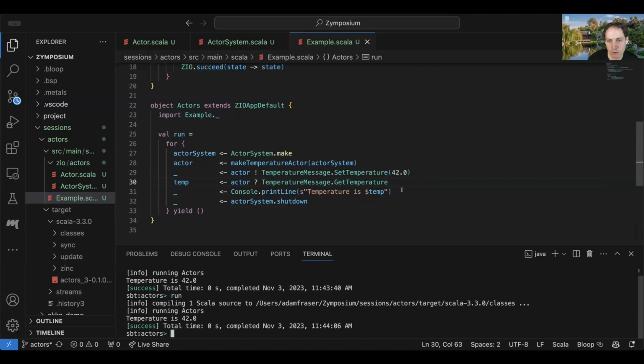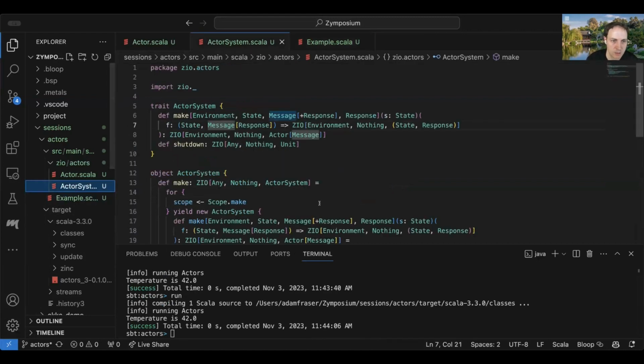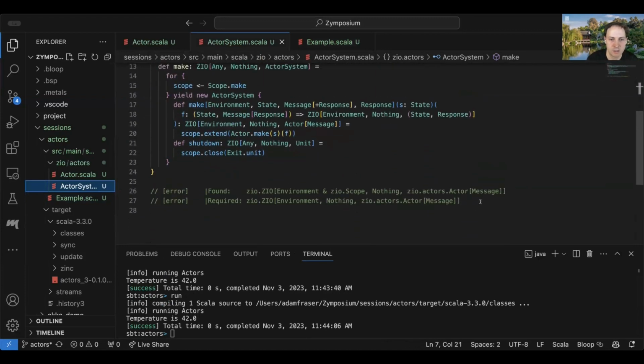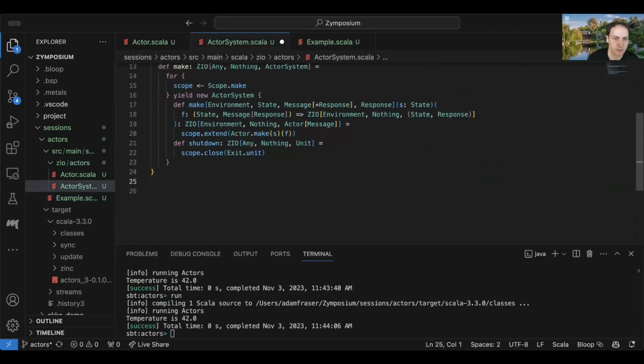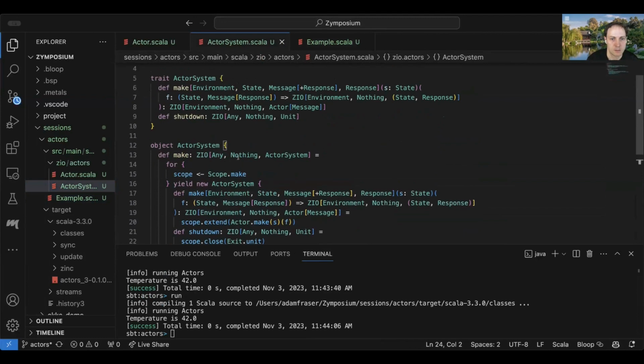Or if some error gets thrown here, then even if I do that, this code might never get executed. So another way that we could do the same thing is, let's say, instead of the signature being any here, maybe this make should require a scope itself.